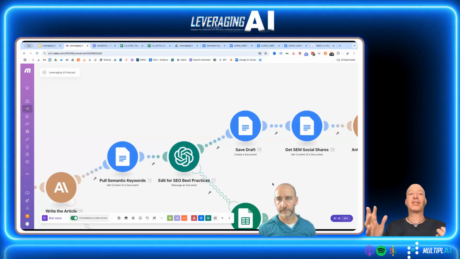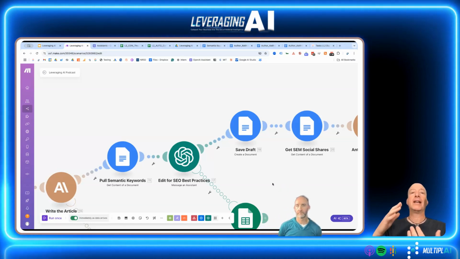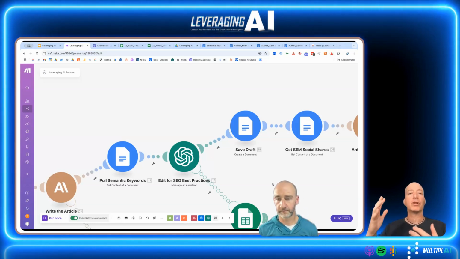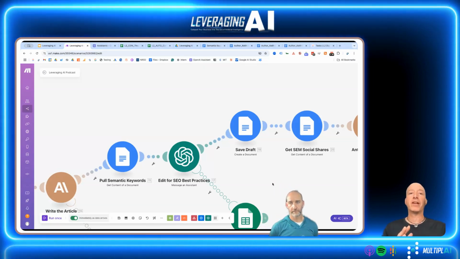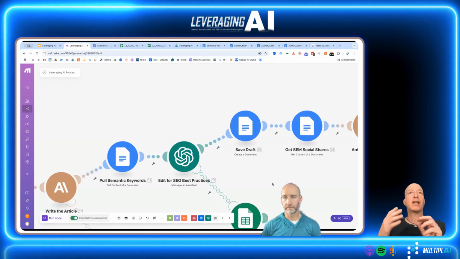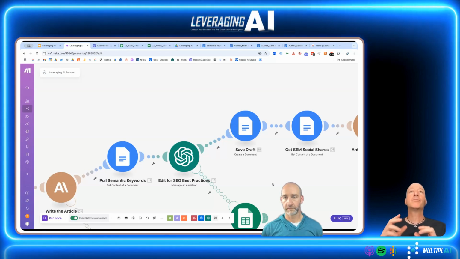This could have been any other step, but this just allows you to, when you hand it off to a human evaluator, already have it optimized once or twice through these different filters. The other thing that I want to touch on here is, in theory, this could have all been done in one step. But this allows you to use different tools for different things. So in this particular example, you're writing with Claude, which is probably the best writing tool out there right now. And then you're evaluating with ChatGPT. So that enables you to do that. But also, even if you're using the same tool, it's always better to break it into individual steps, because then you're going to get a better outcome for each of the steps versus if you try to combine it all together.